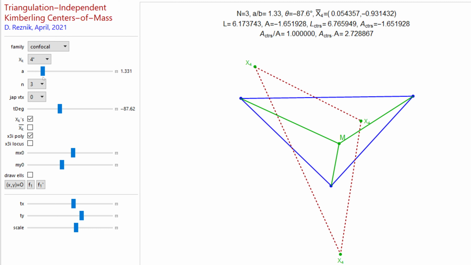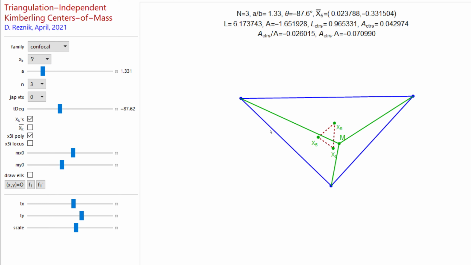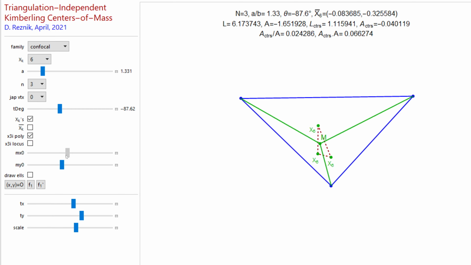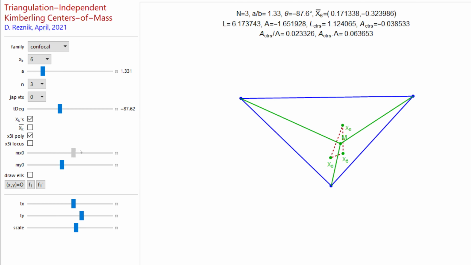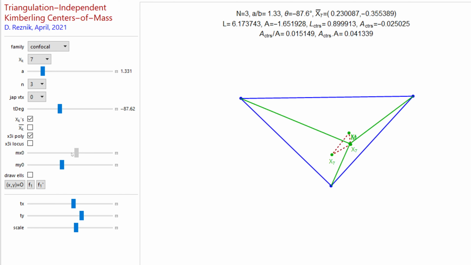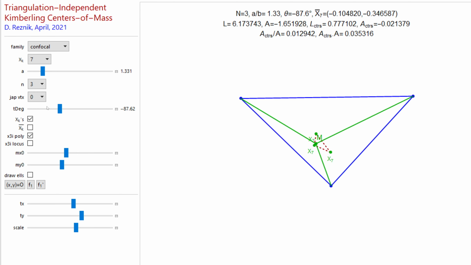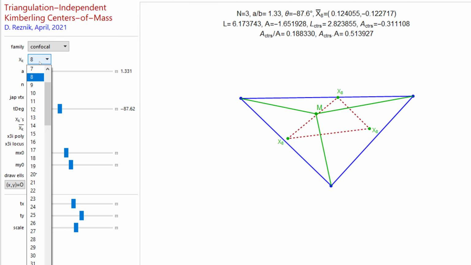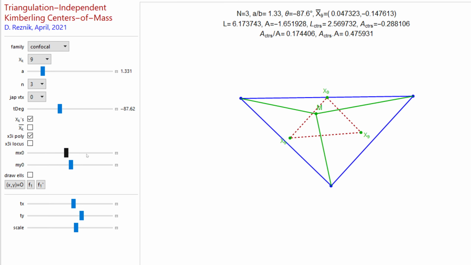Now, does this happen to the Euler, the triangle formed by X5, the centers of the nine-point circles of each one of these triangles? Let's move M around. No. Does this happen to the triangle symmedians? Also no. Nothing is constant here. No ratios are constant. How about X7, the Gergonne point? The Gergonne point also doesn't preserve anything. How about the Nagel point? Also doesn't preserve anything. How about the triangle formed by the Mittenpunkt